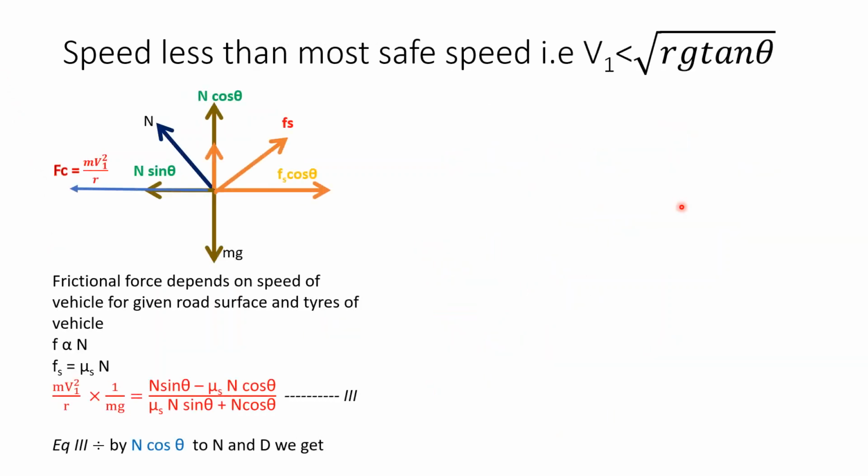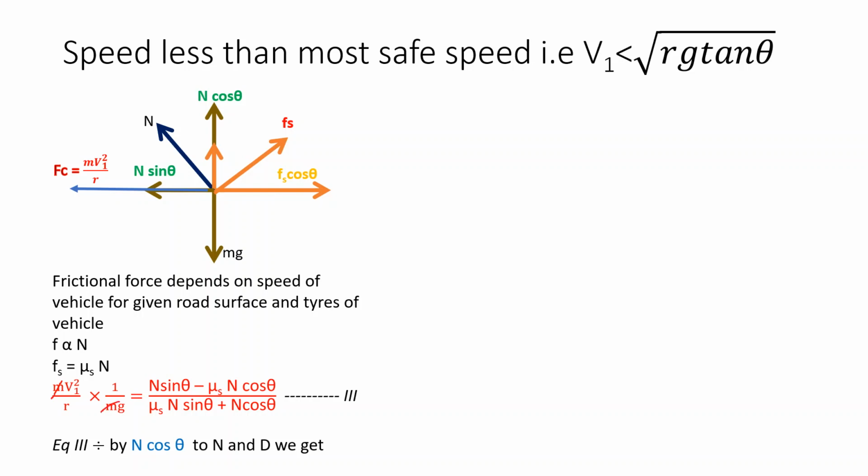We know that frictional force depends on the speed of a vehicle for a given road surface and the tire of the vehicle. So we can write that the frictional force is directly proportional to the normal reaction. By taking the constant as mu s, the coefficient of static friction, we can write Fs equals mu s N. Considering equation 3 and cancelling the common term m from the left hand side,